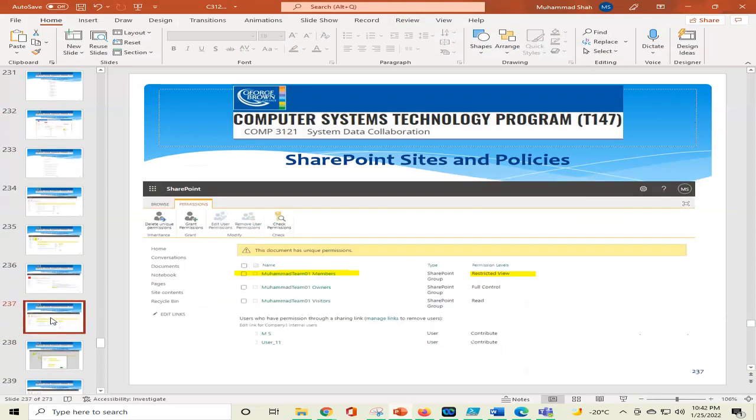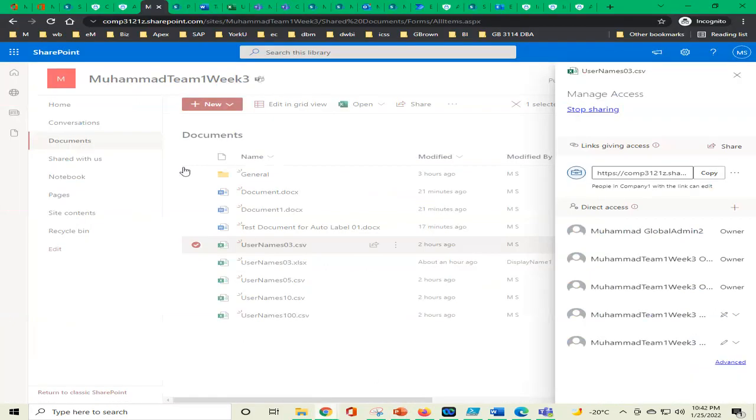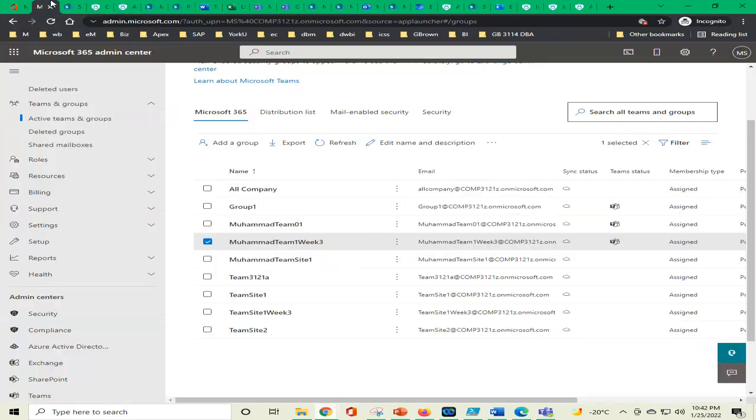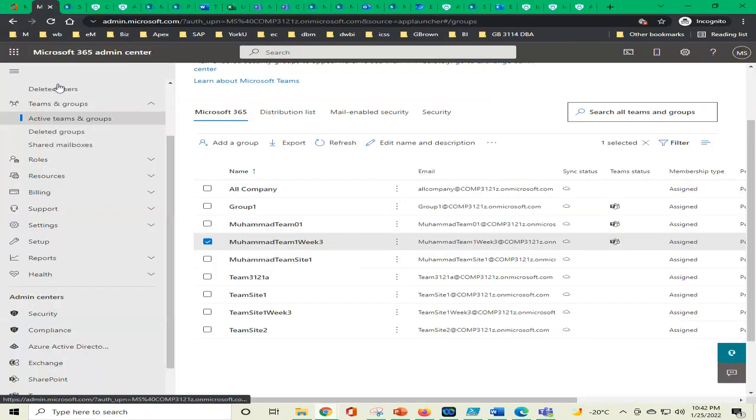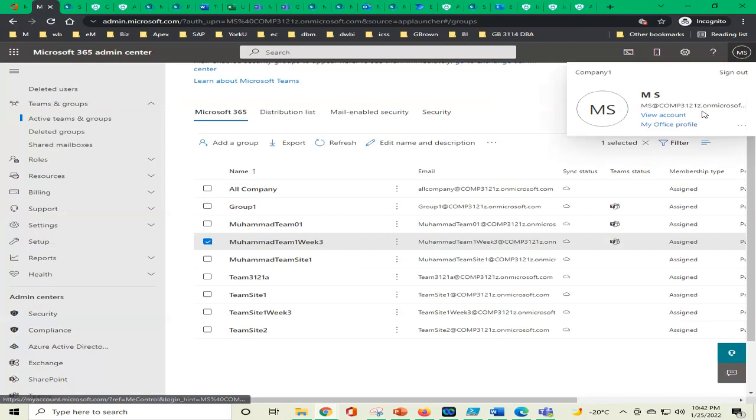See, all these things are here that I have shown you already. We can assign permissions to a group also. Yes, we can assign permissions to a group also. But for that, we have to create a group in our site. If we go to our website, we will see if we have any group over there or not. How do we go there? Here, see here, this is our site,